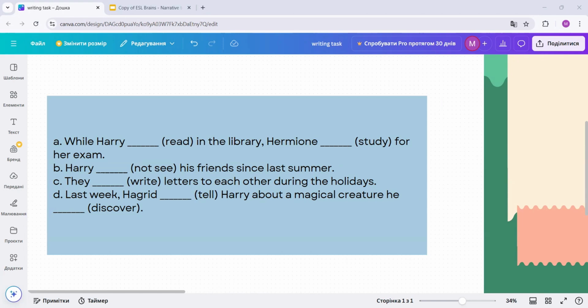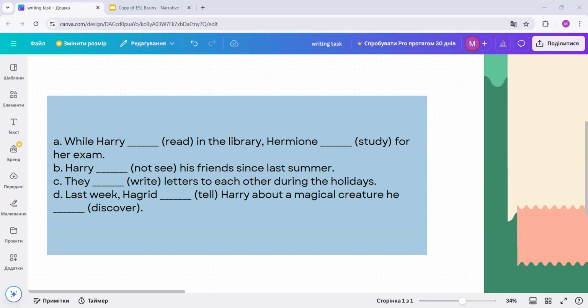Look, let me give you a small hint. Here we have one part in past simple and the other in present perfect, but we have to understand which action happened first in the sentence. So what happened first here, in your opinion? Hagrid told? Oh, sorry. Yes, you already told me the answer. So what happened first? Hagrid was speaking to Harry, or Hagrid discovered the creature?